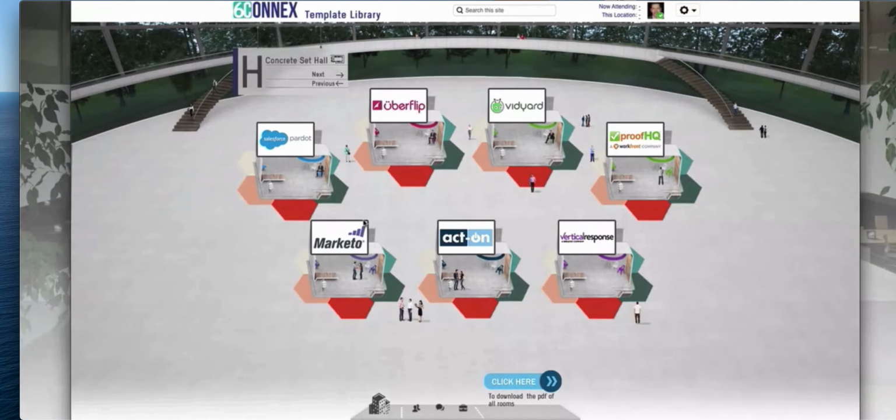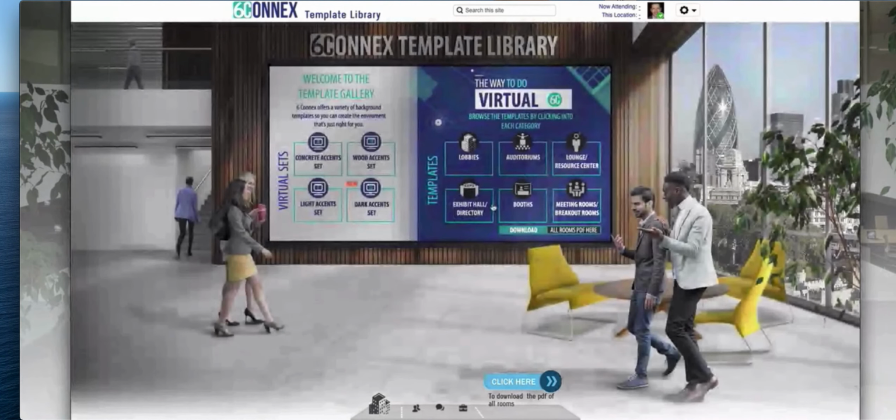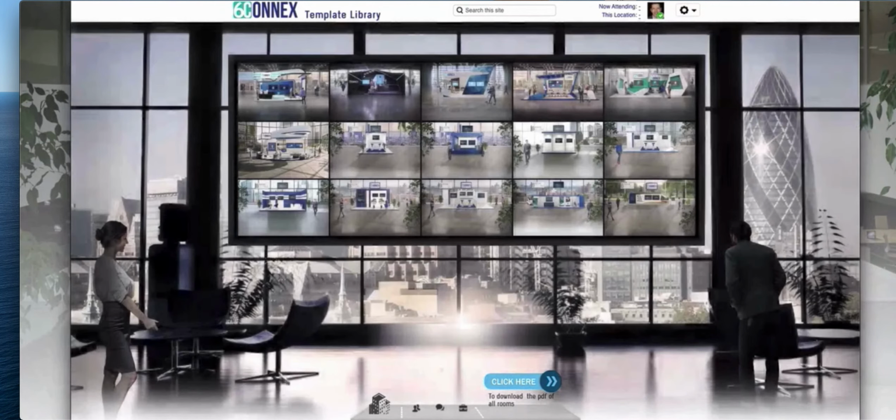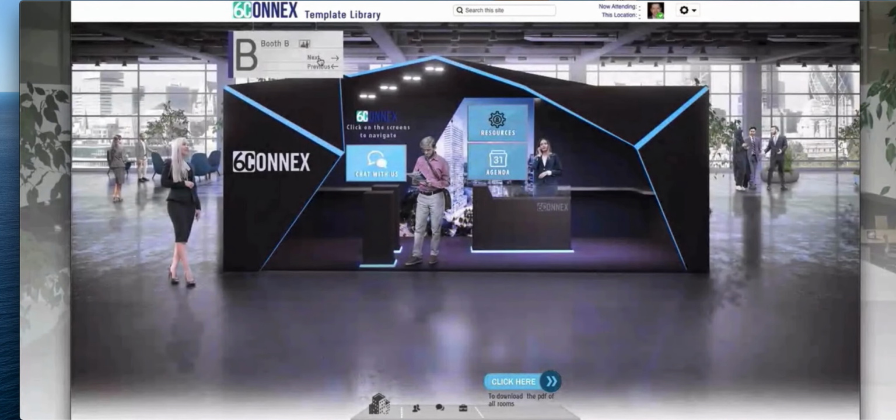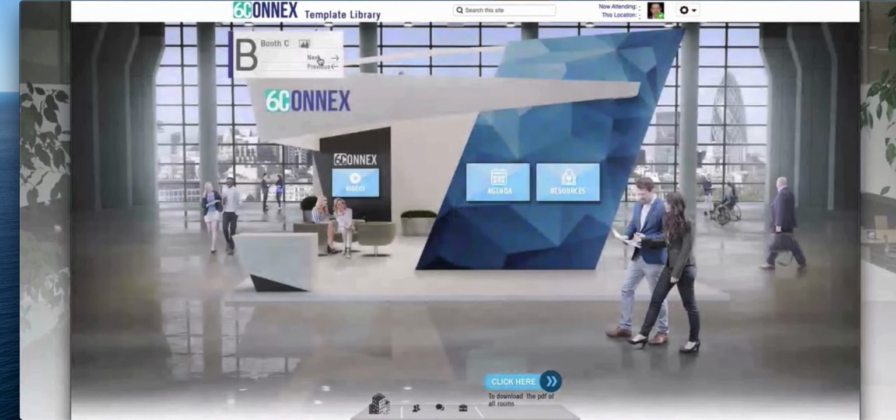Now let's have a look at also some of the booths themselves, as you'll see that they are also customisable and depends on the look and feel that you want to go for. Now there are lots of different templates, and the good thing here is that you can give the owner of each booth, if you're making an exhibition,